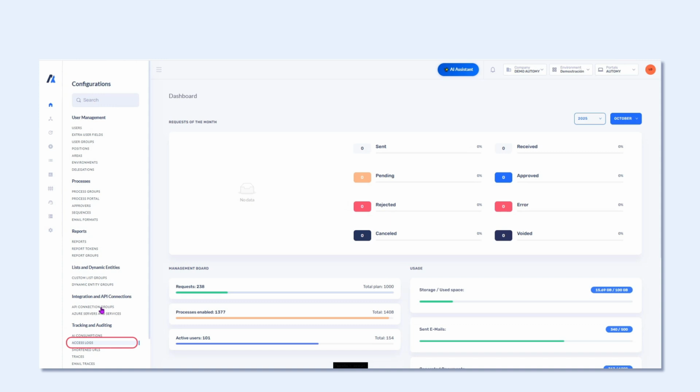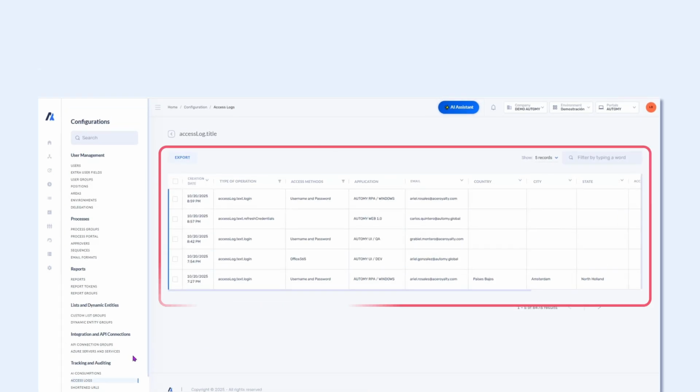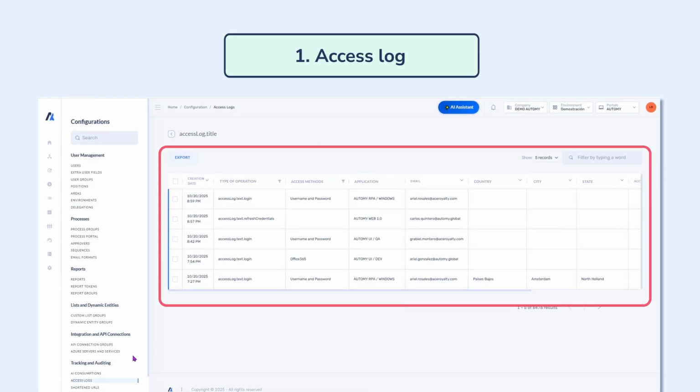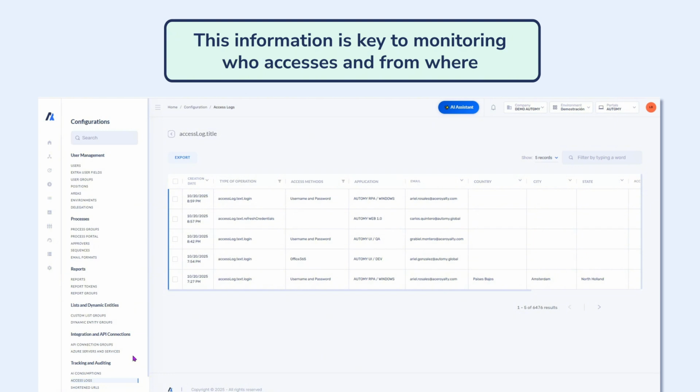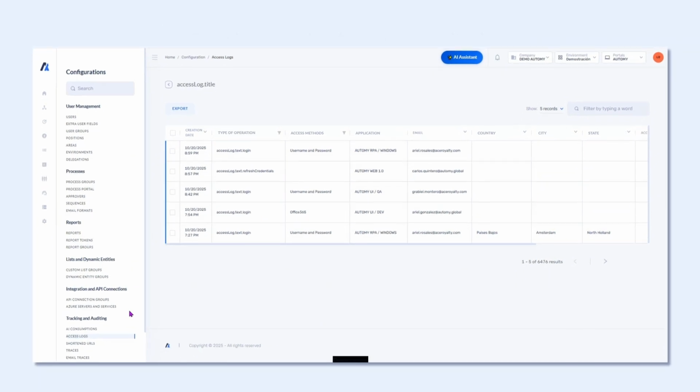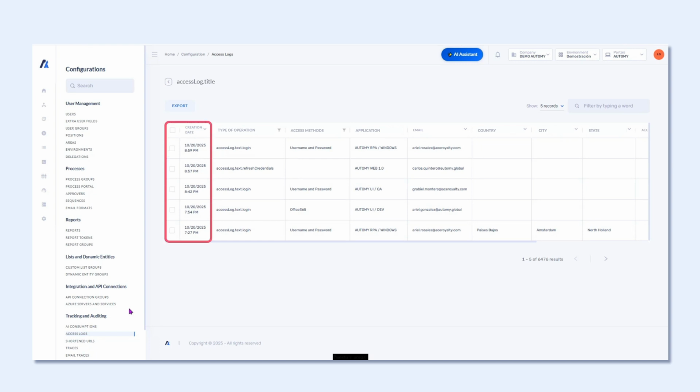1. Access log. In this section, we can see a detailed list of all the accesses that users have made in the platform. This information is key to monitoring who accesses and from where. Data we can view: access date, type of operation performed: login, credential update, logout,